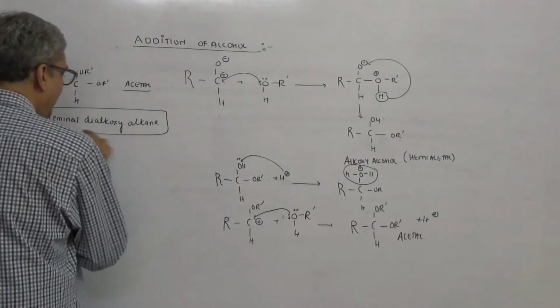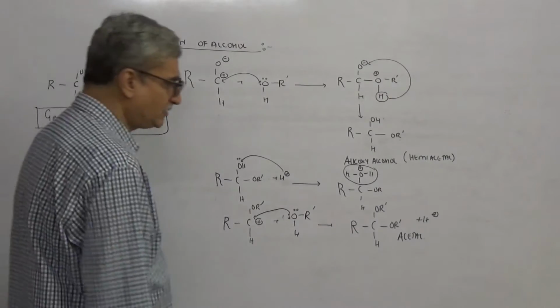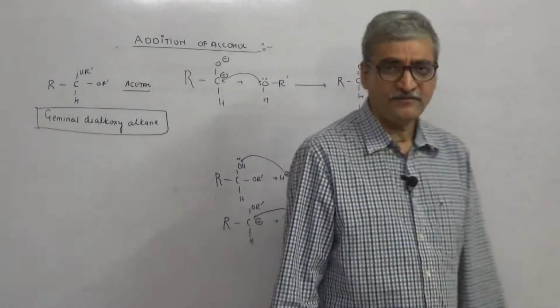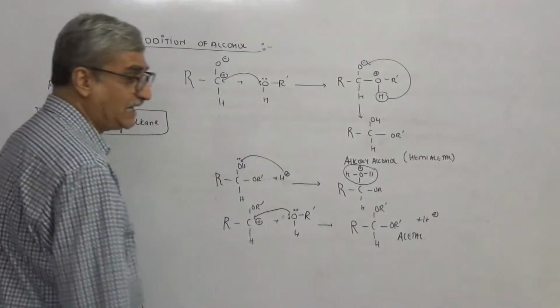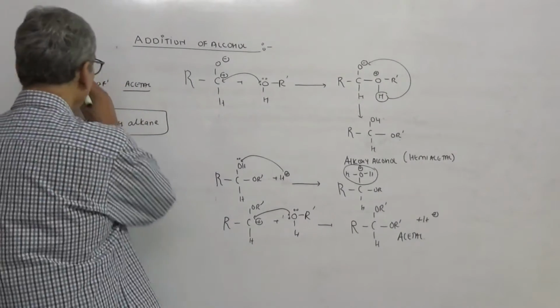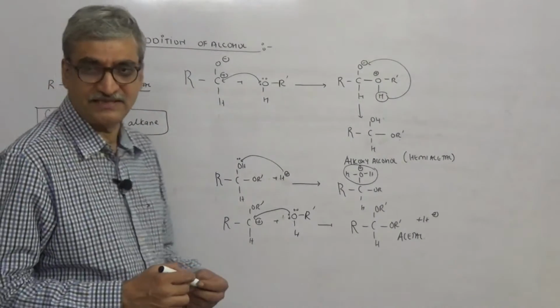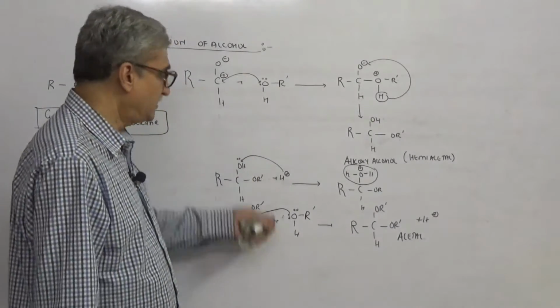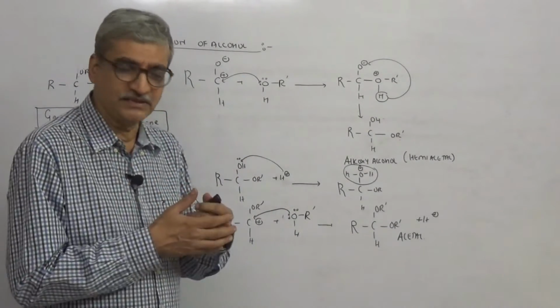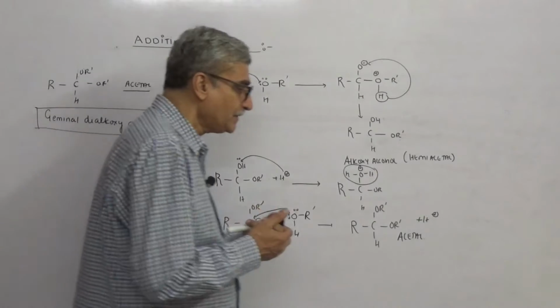So remember that hemiacetal. What are the functional groups that we are having? We are having an alcoholic group and alkoxy group. Whereas in an acetal, what are we having? We are having two alkoxy groups. Are you understanding? So this is the kind of question that will be asked. Of course, this itself can be a 2-mark question in the board also. Is this clear?